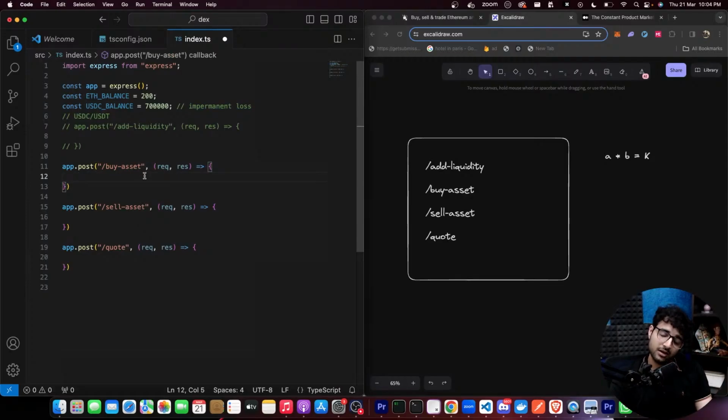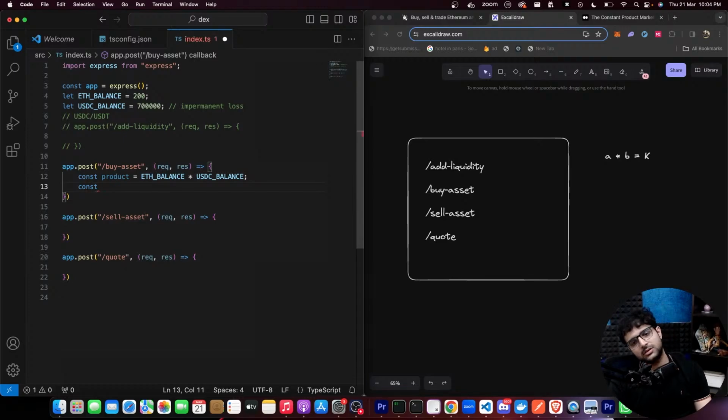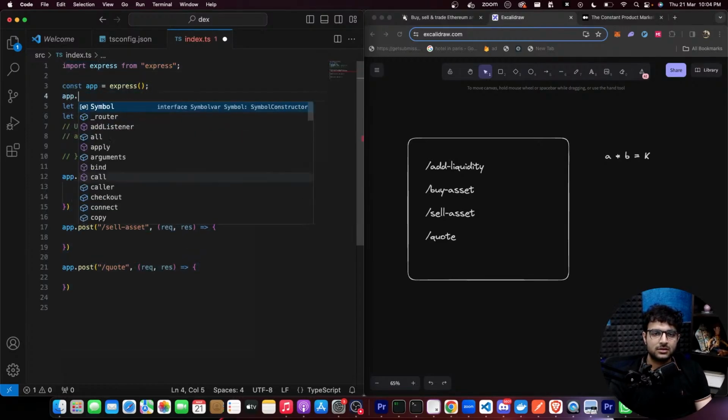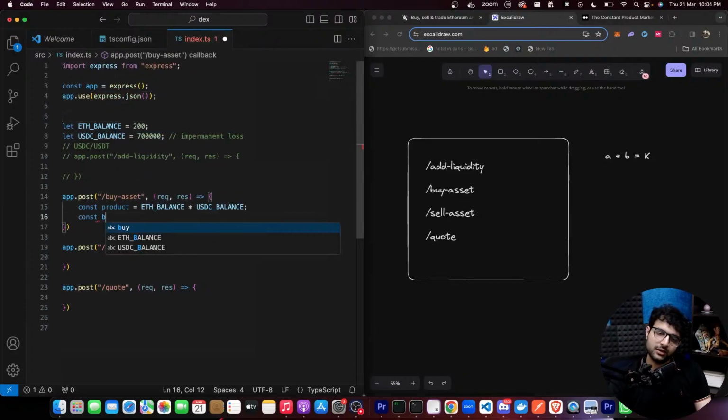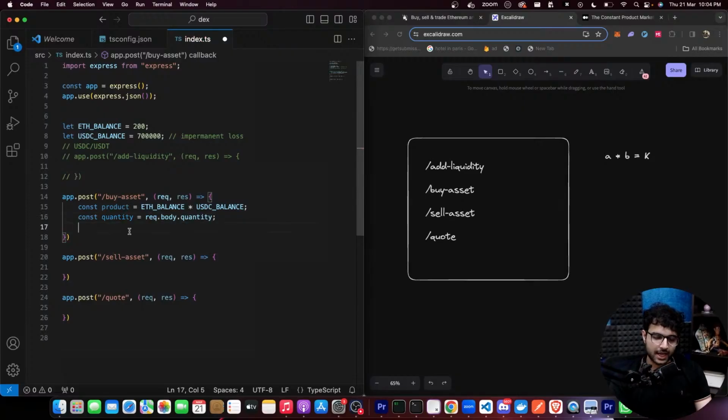Cool. Buy asset. What does this need to do? The constant product is equal to ETH balance into USDC balance. Let's say the input that the user gives you is, I want to buy Ethereum quantity equal to req.body.quantity,